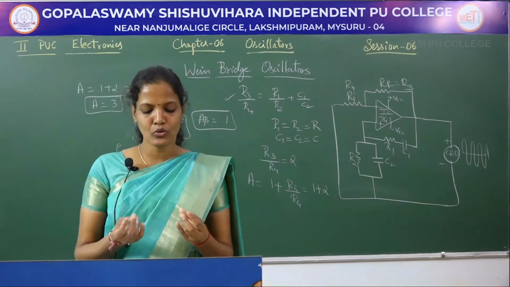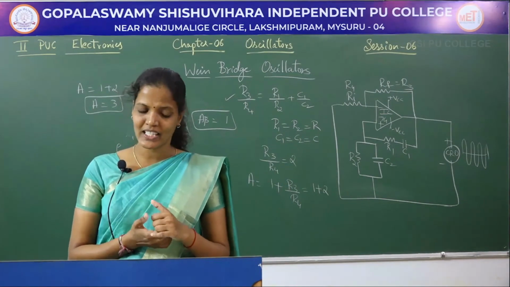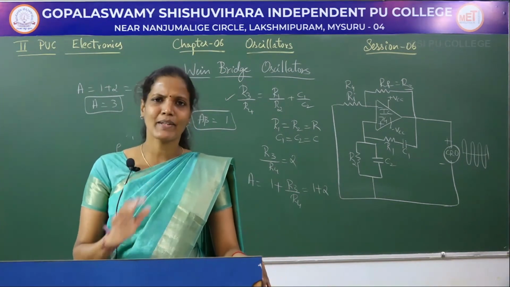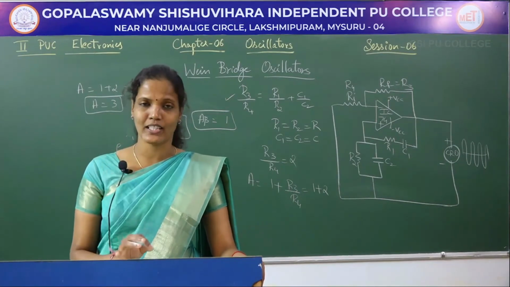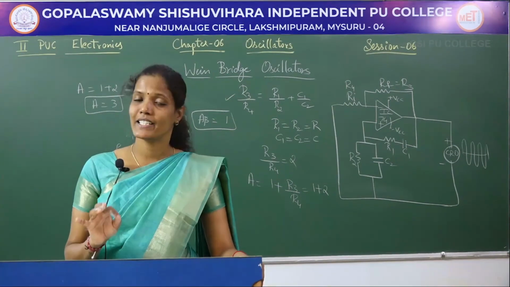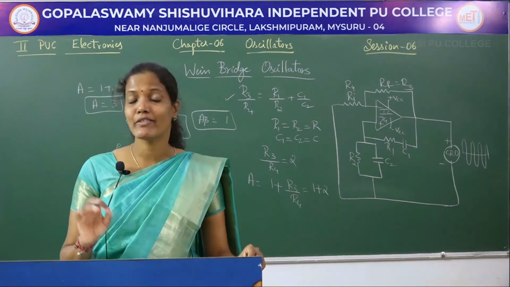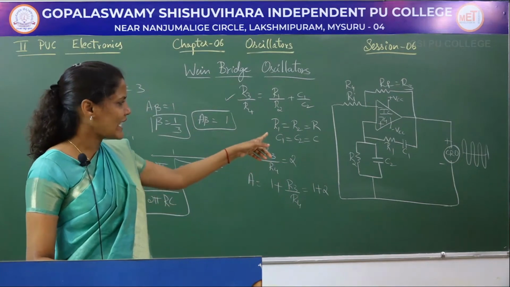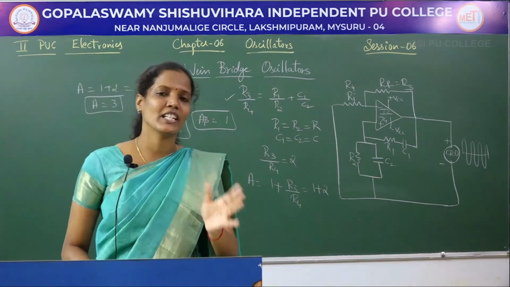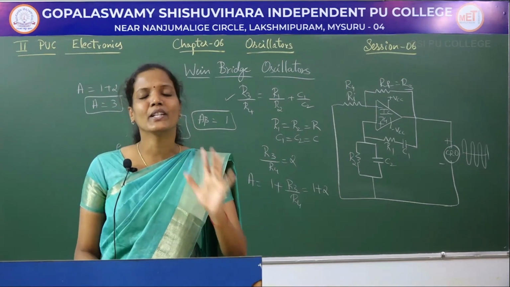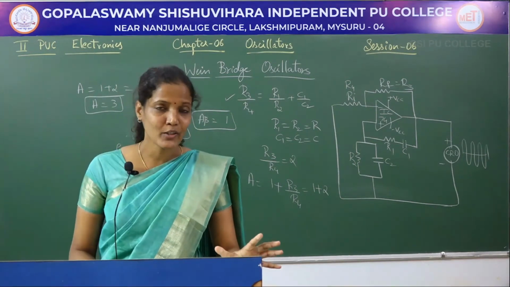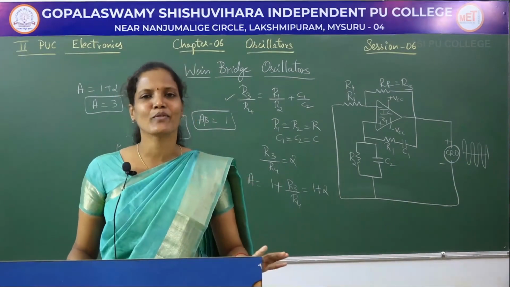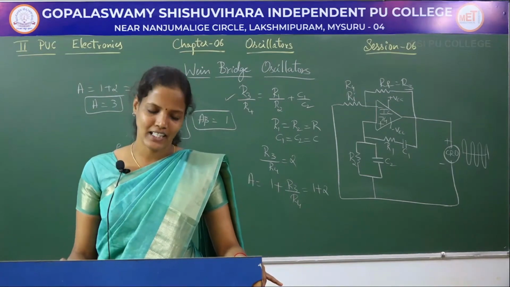It can be used to generate audio range frequencies, and the frequency stability is good in these kind of RC oscillators. Coming to the disadvantages of these RC oscillators, generating high frequency signals is not possible, and this kind of circuit gives very low output, and it is not easy to change all these resistors as well as the capacitors value in order to generate the frequency of a different value. And the components which we are using here are temperature dependent, so the frequency is also not stable. So these are some of the disadvantages of these RC oscillators.